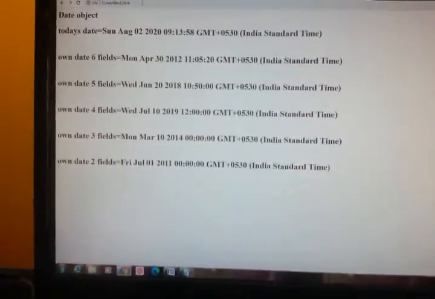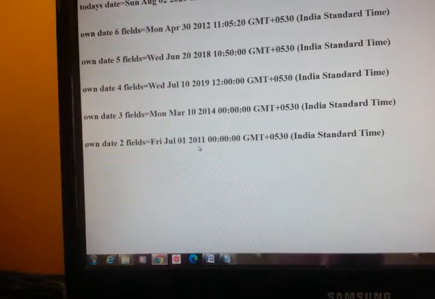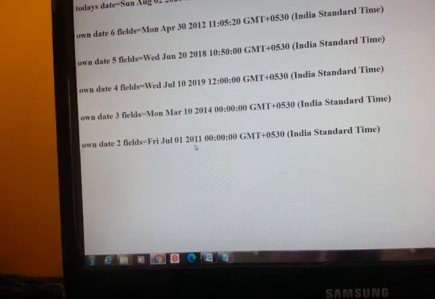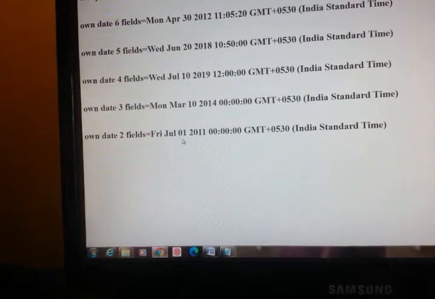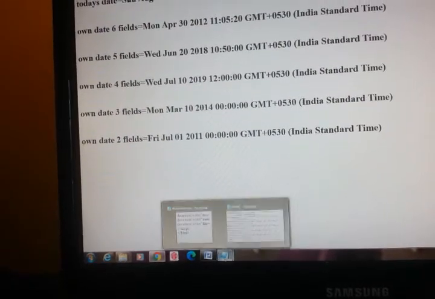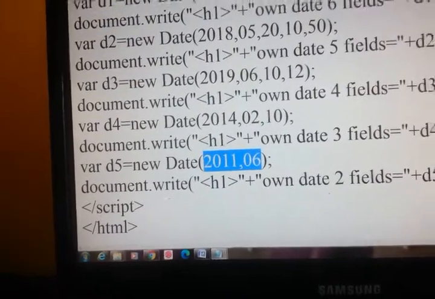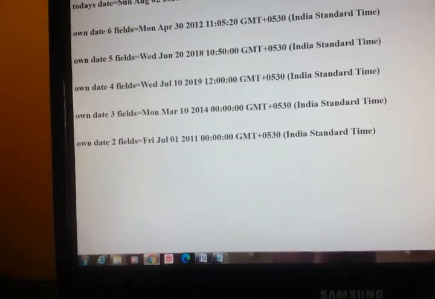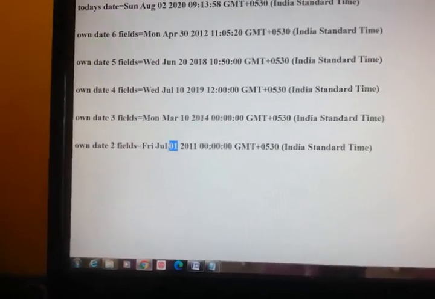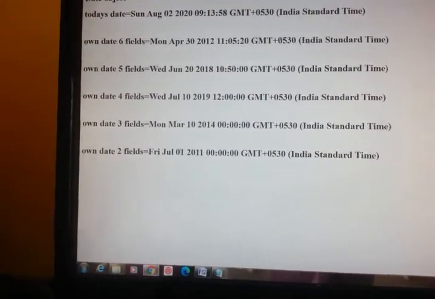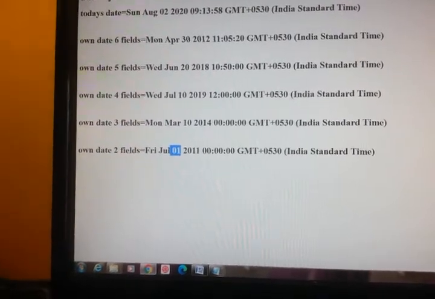Just go to the browser. So I got output Friday, July 1, 2011. What I have given is only year and month. So what has it taken? It has taken date as 1 by default, because date starts from 1, and 1 July is Friday.